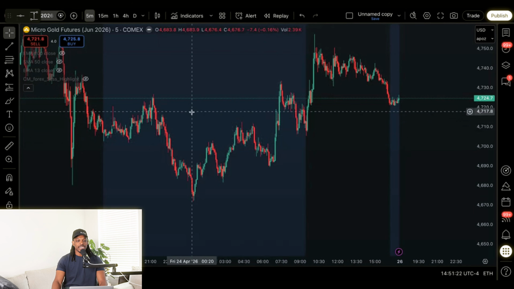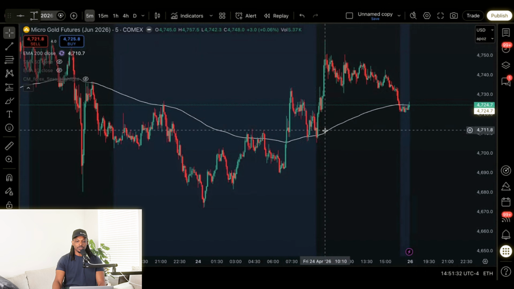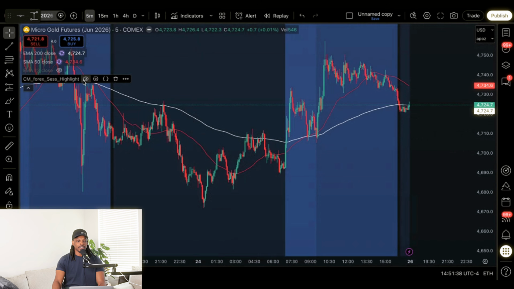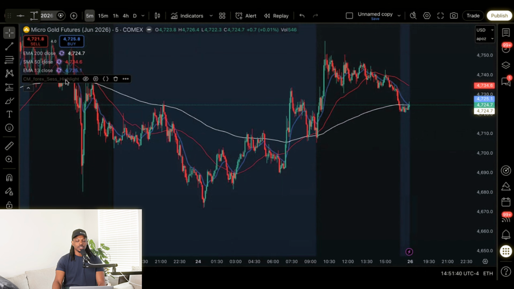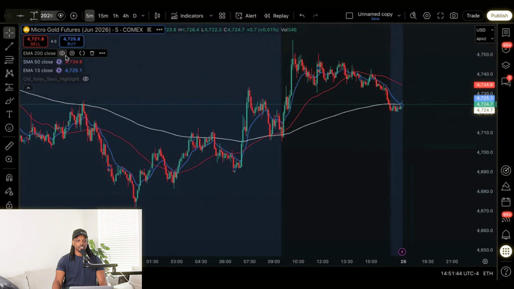So here in this video, I use the 200 EMA. I also use the 50 SMA and the 13 EMA. The 200 here, I bolded in color white. The 50 SMA here, I bolded in color red. And the 13 EMA here, oops, that's the wrong one. The 13 EMA here, I color coded blue. Okay, so just go ahead and put that in your charts because we will be talking about these particular indicators